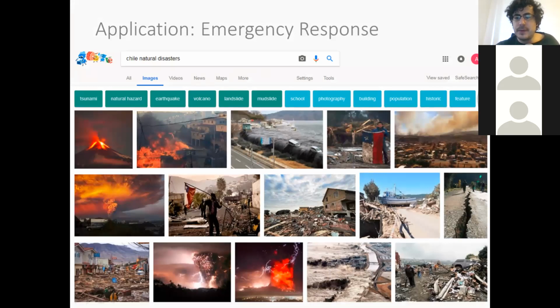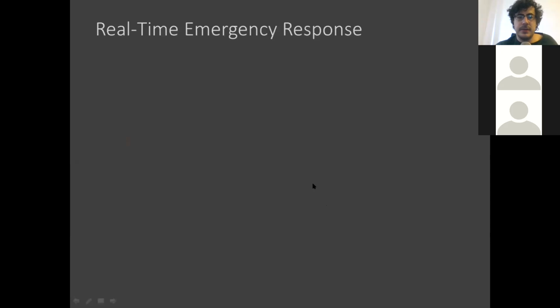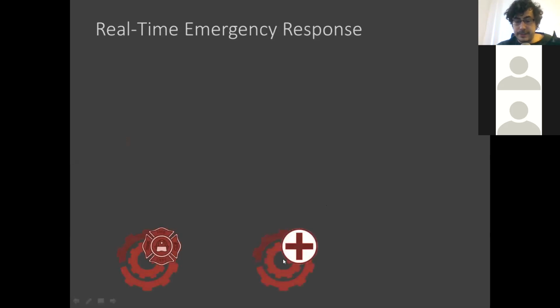So okay, let's focus on one application, which is the idea of emergency response. So where we have essentially some sort of disaster going on, and we need to respond to that disaster. So if we think about this in terms of real-time emergency response, we might have different agencies that are interested in different streams of data: fire brigade, the health service, ambulance service, the police, for example. And we have different streams of data that might help them to be more informed about what's going on in terms of an ongoing emergency. So this might be, for example,